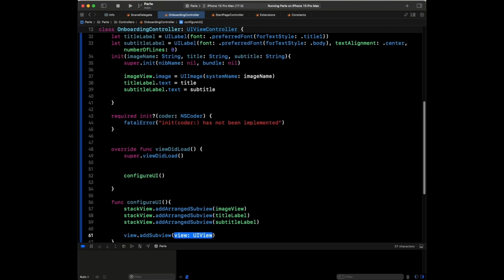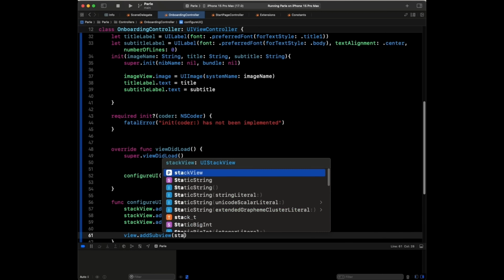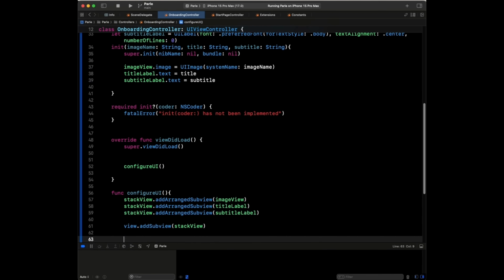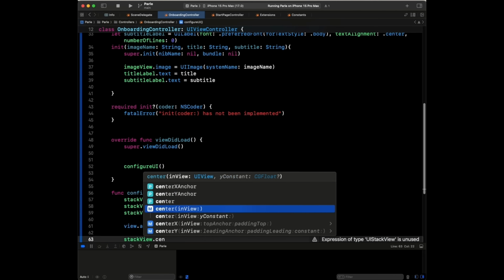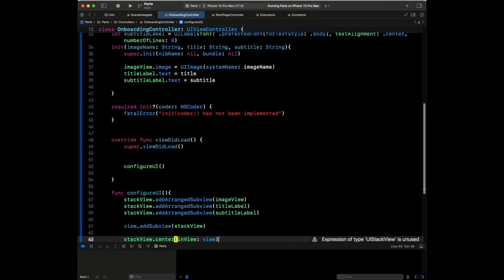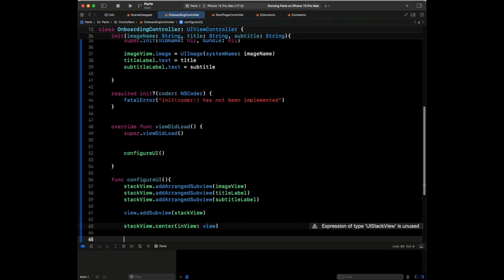Whichever you prefer, because we're only going to have this stack view, right? So we put the stack view there. And then the next thing we want to do is center it in the view, right? So we could come here and say we want the stack view and we would like to center it. So we say dot center, and the view in question is going to be the super view, right? So we do that. And then after that, we need to give the image view a size, and we also